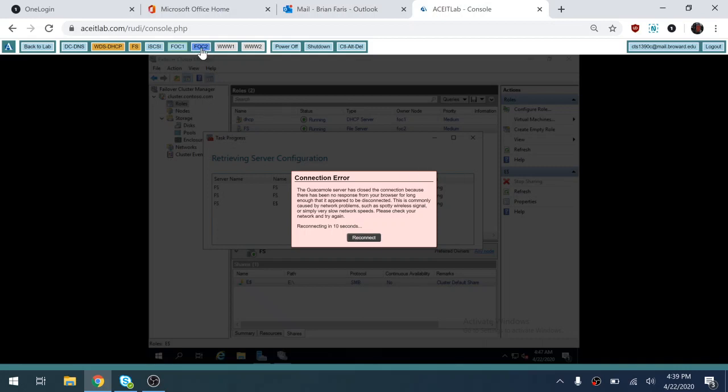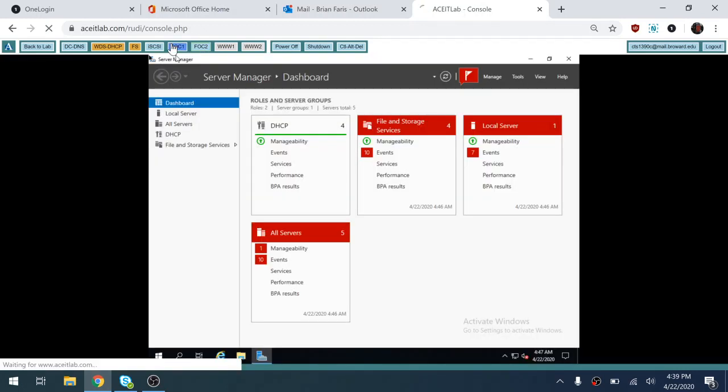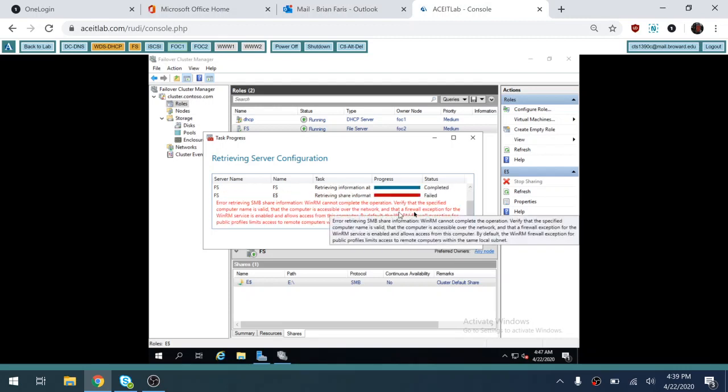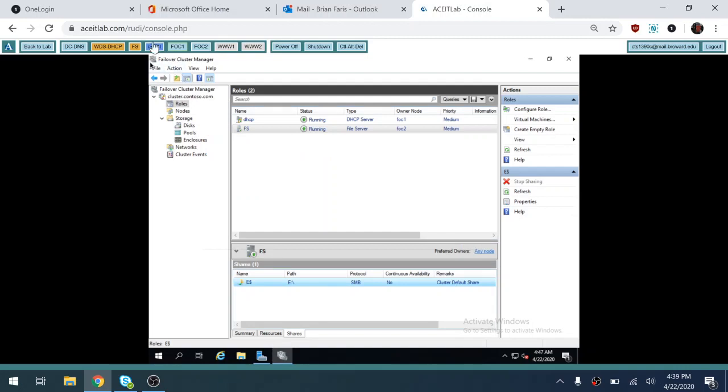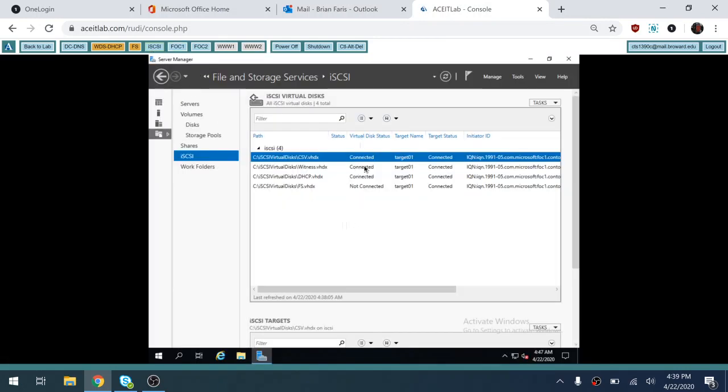this is an ACE-IT thing. I'm just going to go to FOC2, then go back to FOC1. Yeah, so yeah, I'm getting another issue here. And I'll kind of explain it. When I'm hosting these disks here,